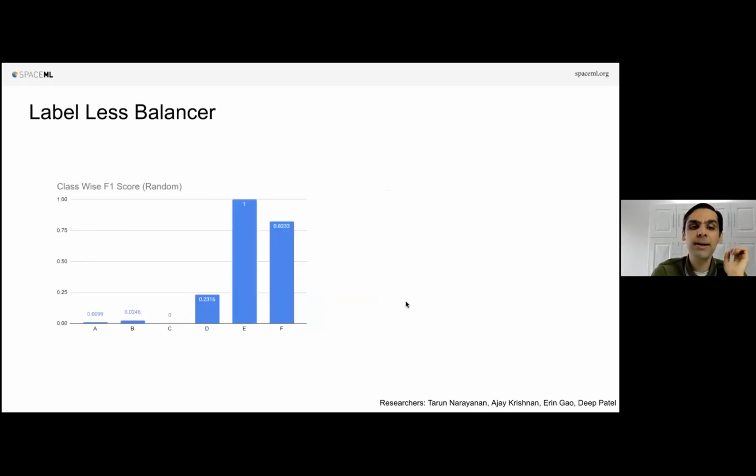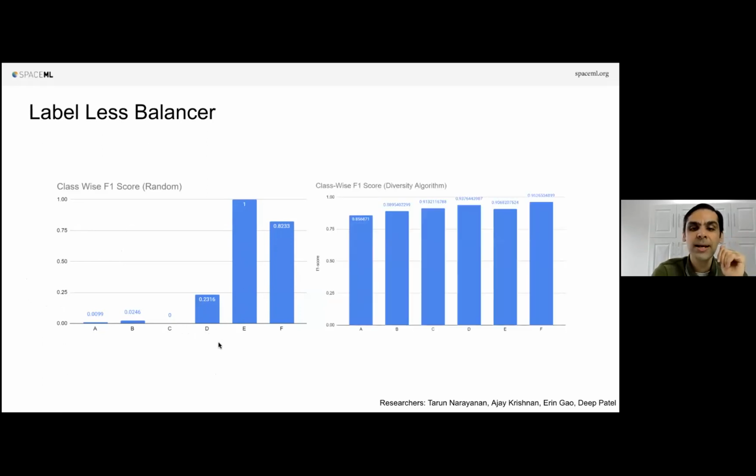We could barely get any accuracy. So you'll see the F1 score class-wise, and you'll see that E and F got good F1 scores, but A, B, C, and D could barely get any. And then we tried to use our diversity logic that I was talking about earlier to sample the data,